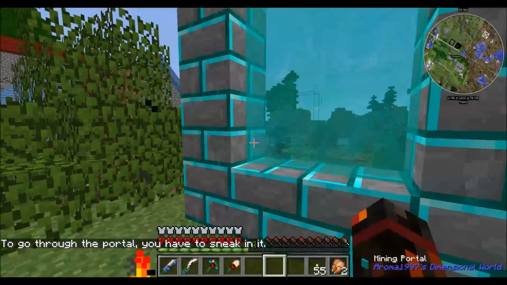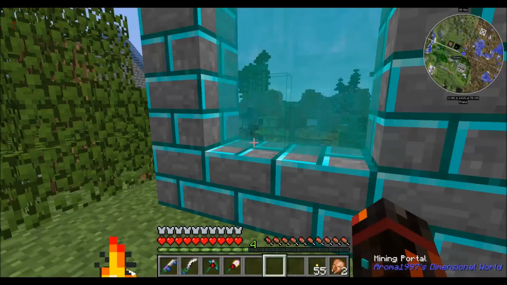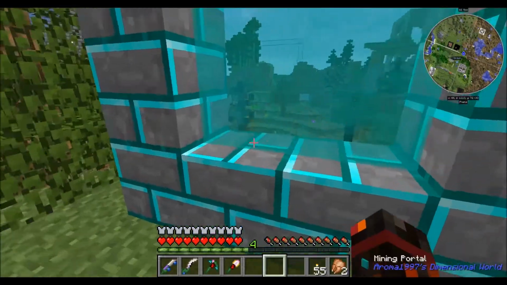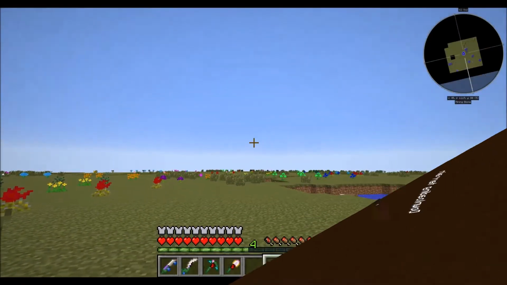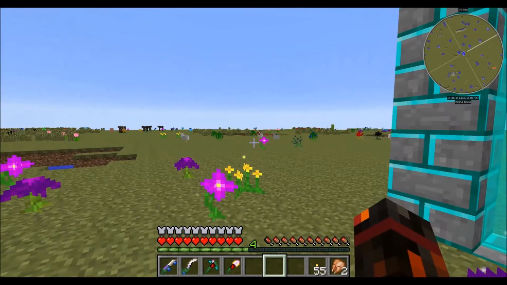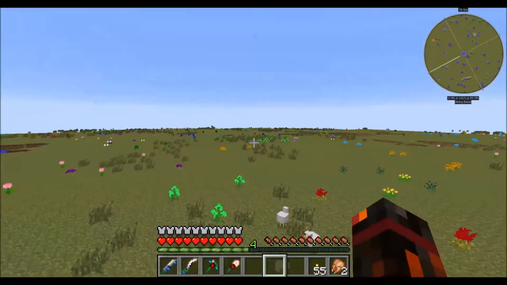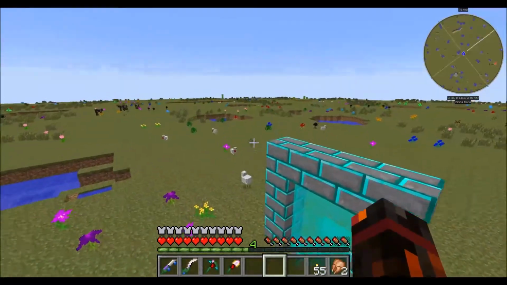So, as it says on the bottom, to go through the portal, you have to sneak in it. So, let's do that. There you go. Just jump up, press your sneak button, and downloading terrain. So, here we are in the mining world. Now, last time I came in here, it was full of trees